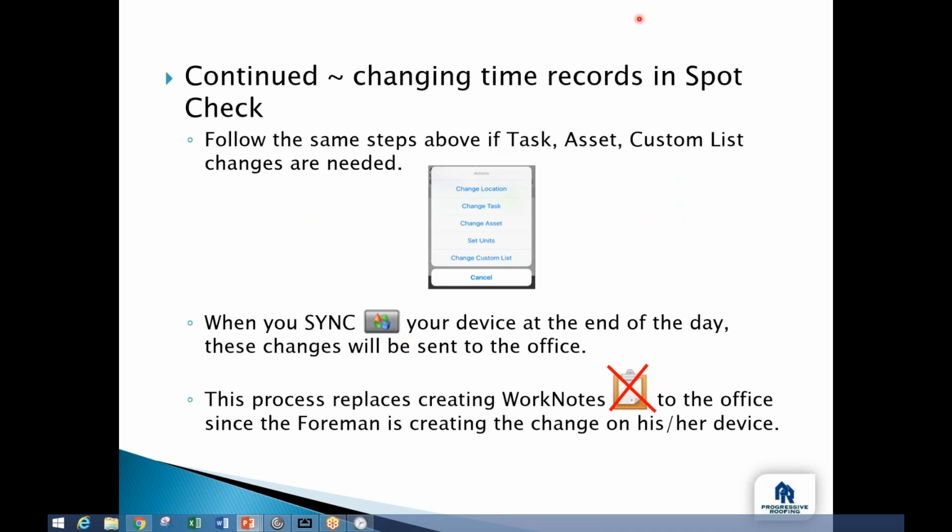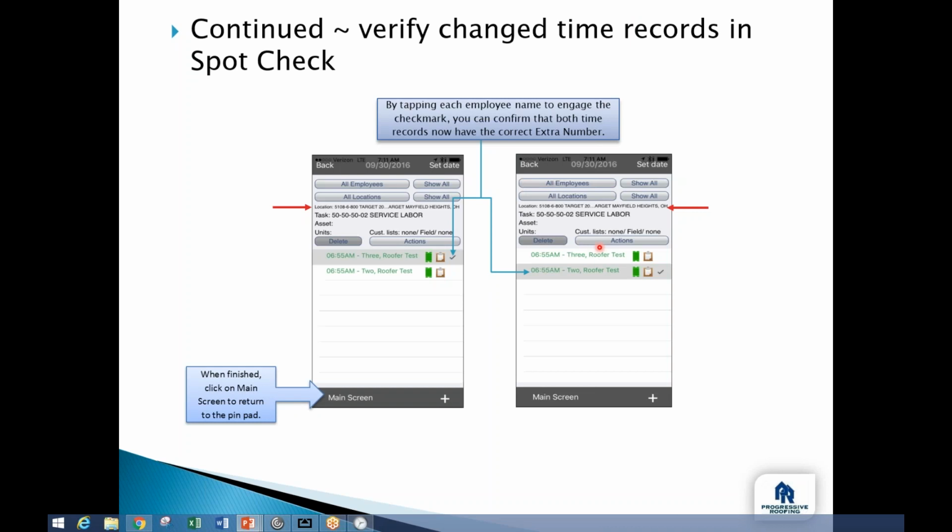Now you can also change task codes. And what's really important about this is, if you told your crew members what task to select when they clocked in, you can check and double check their work here. Boom, boom, tap, tap. And if it's wrong,